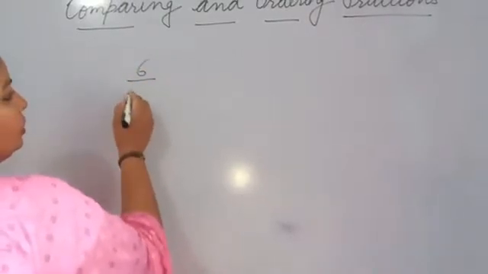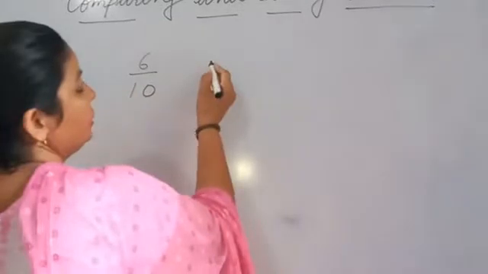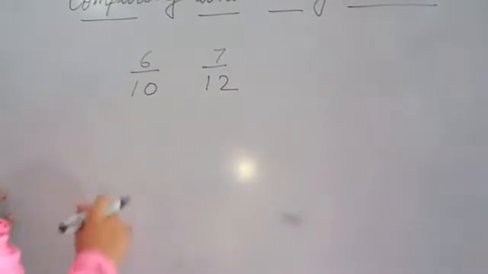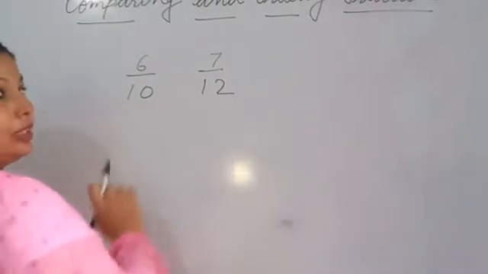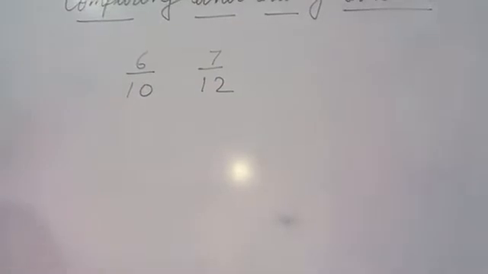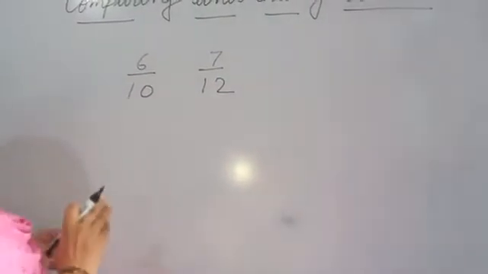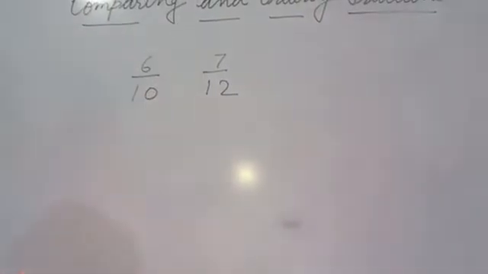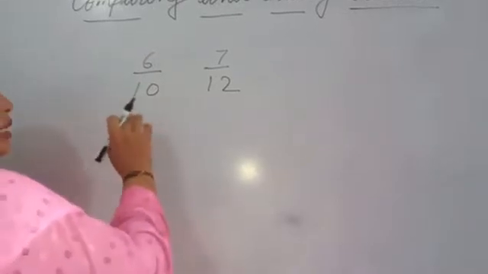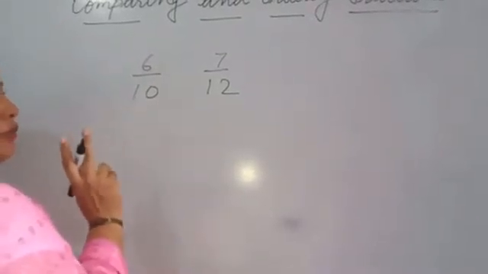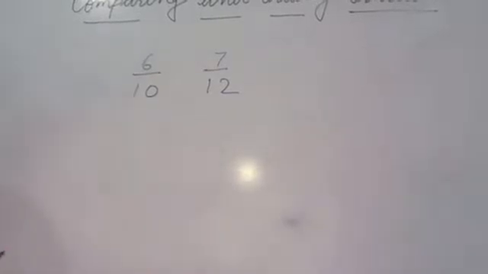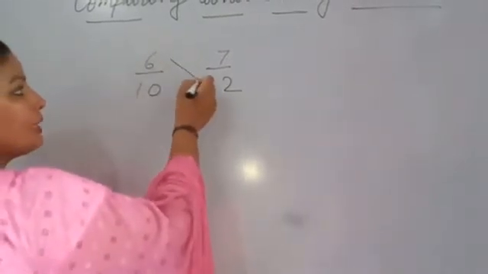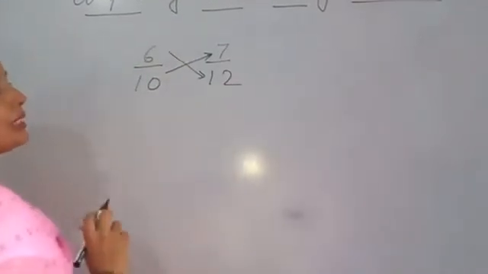6 upon 10 and 7 upon 12. Now there is denominator 10 and there is 12. So how can we compare? Now we can't compare by numerator. As we did in like fractions, we don't do that in unlike fractions. वैसे हम नहीं करेंगे जैसे हमने like में किया. First of all, there are two methods. One is that by cross multiplication we can compare. Yesterday I explained it to you in the recap exercise. By cross multiplication we can compare which is big and which is small.